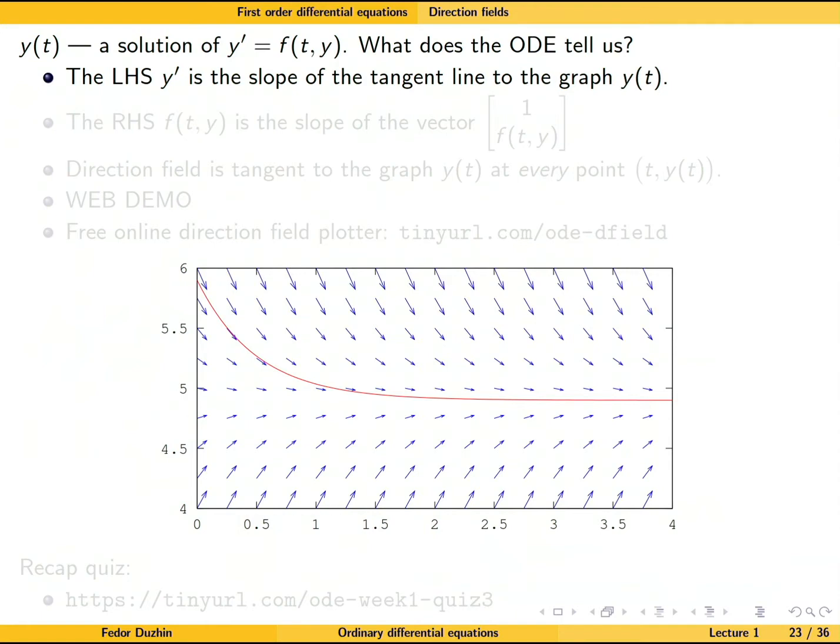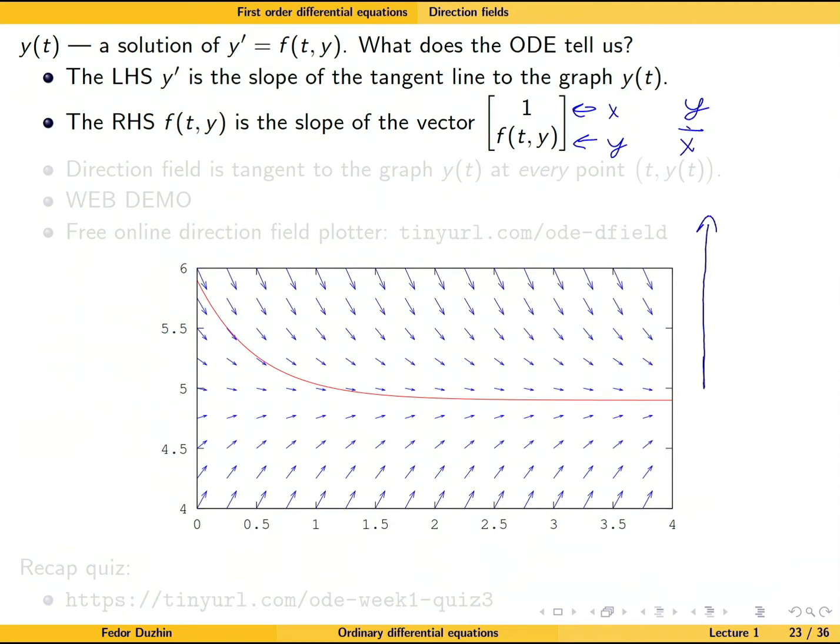And that's the left-hand side of the differential equation. The right-hand side of the differential equation is the slope of the vector, right? 1, f. This is the x component, this is the y component, and